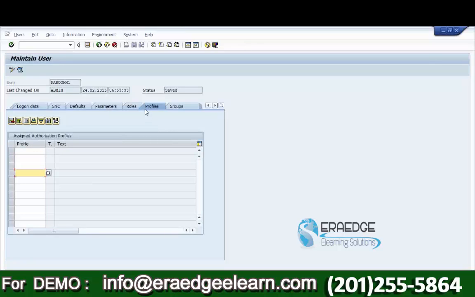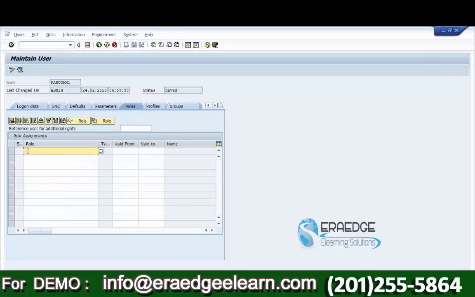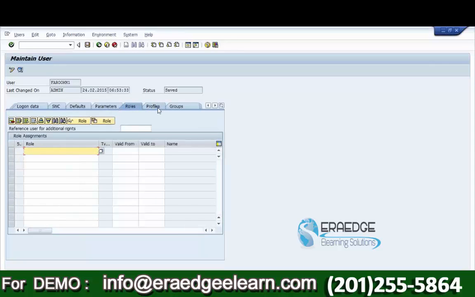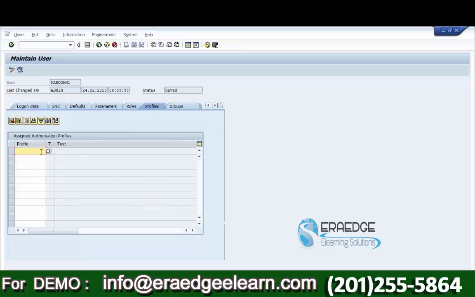If you are going through security roles, you will get the security role assigned, but this role contains a profile, so the profile will also be assigned. Meaning when you assign a role, it automatically assigns a profile as well, because that role contains a profile, and the profile gives you the authorizations. The combination of authorization profile, T codes and the users, all together is called a security role.